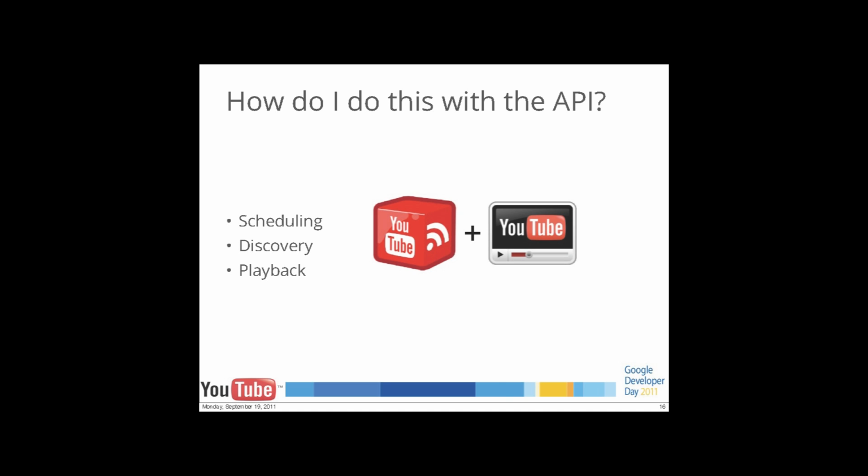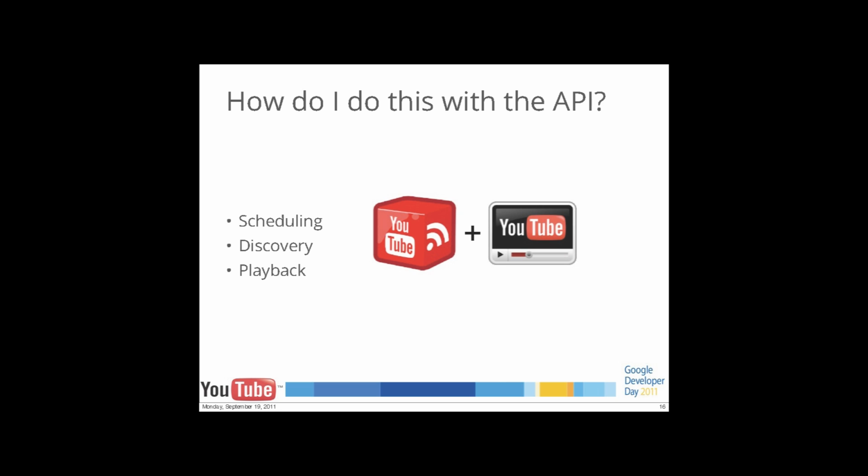Okay, so this is all good, but we're here to talk about the APIs because we are all developers. So how can I use the APIs to actually interact with our live streaming platform? What's available to us as developers? So we have several types of APIs, starting with scheduling APIs. So these are the APIs that a content producer might use to schedule events, modify the events, metadata, start events,